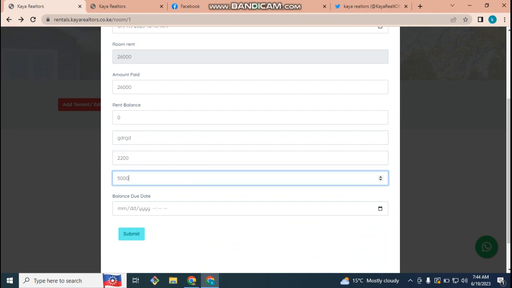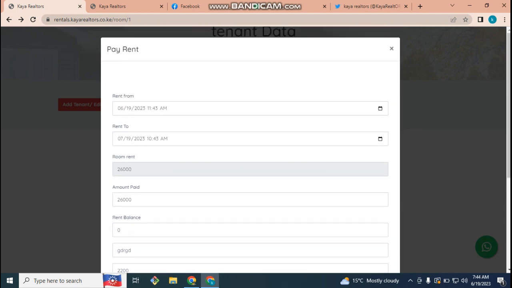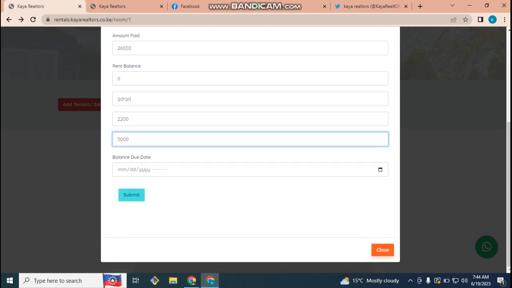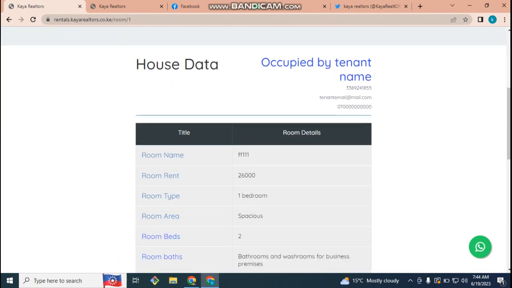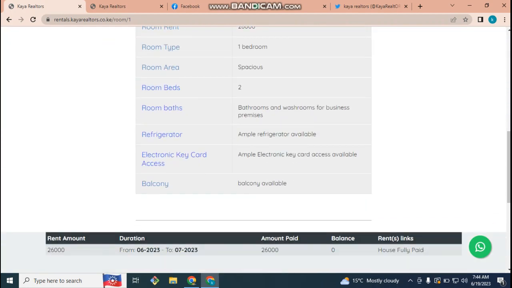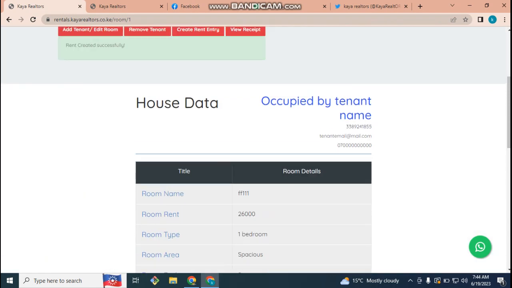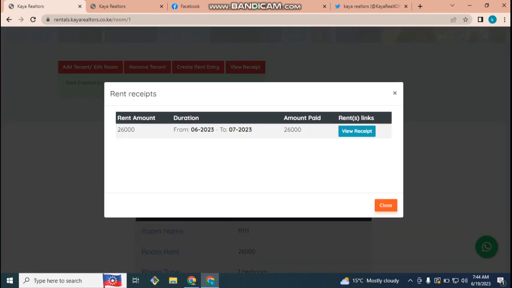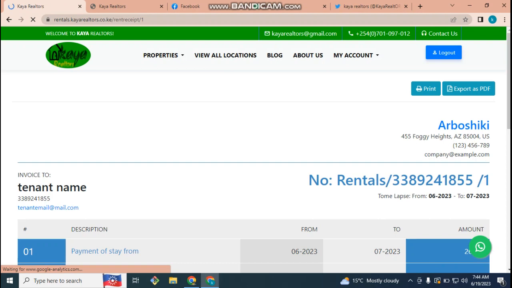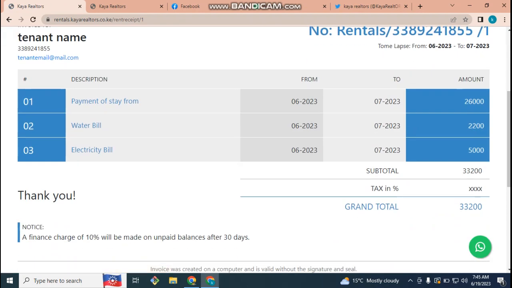So there is no balance due date, for the fact that the client has paid their total original fee, so we can submit, and it's good because there is no balance. The rent house is fully paid, and we can also view the receipts. So there is a receipt, you can also view it, and so there it is. So there is the water bill, the electricity bill, and the payment of stay from June 2023 to July